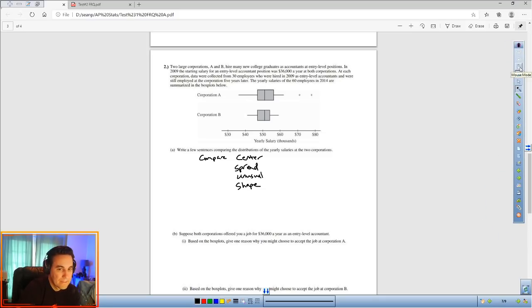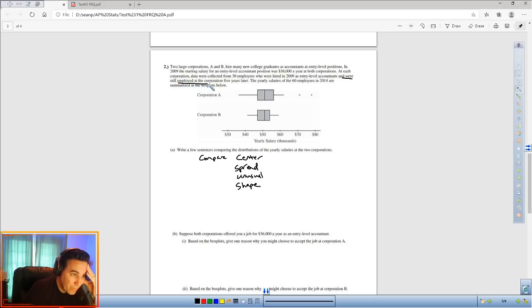Okay. And then the next one, suppose that both corporations offered you a job for 36,000 as an entry-level accountant. Based on the box plots, give one reason why you might choose A. So they're going to offer me 36,000 for entry level, both. Why would I want to choose Corporation A then? Well, Corporation A, this is the,